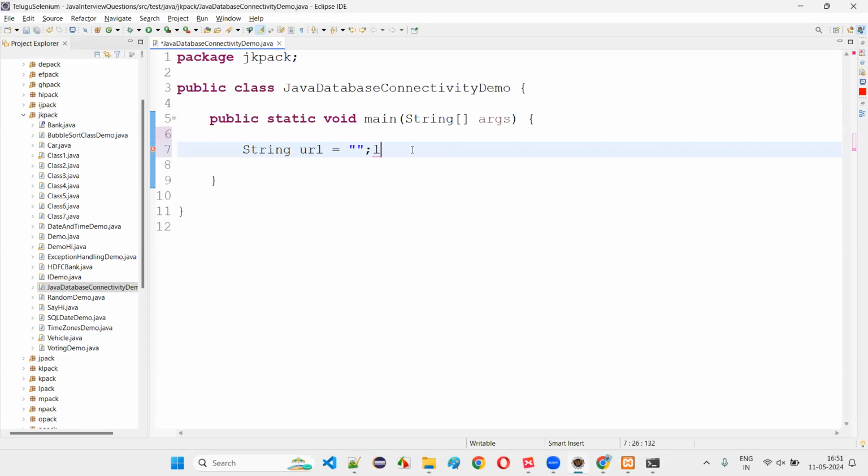To connect to the database using JDBC, we have to write these steps: jdbc, colon, which DBMS, MySQL, colon, double forward slash,